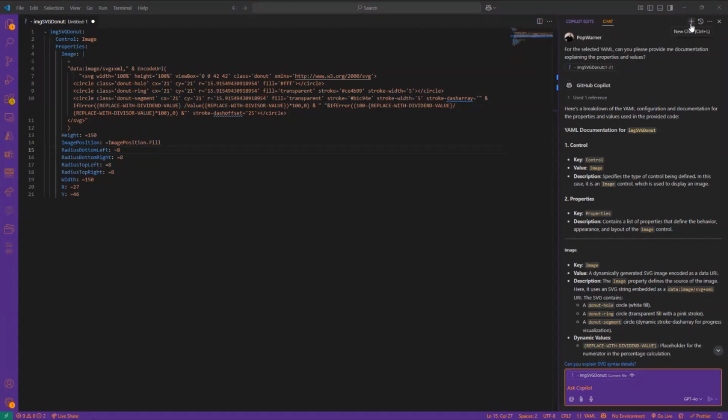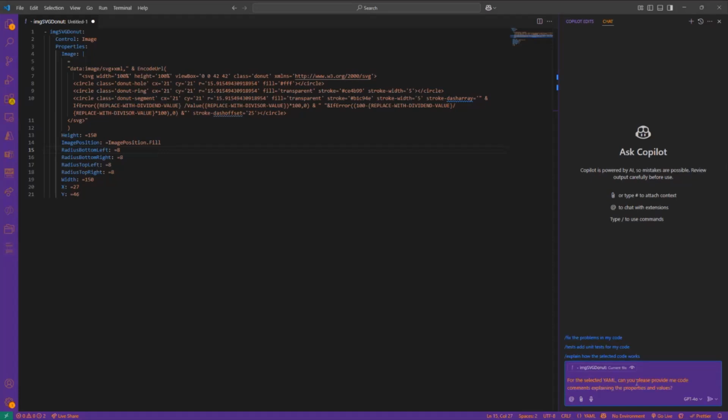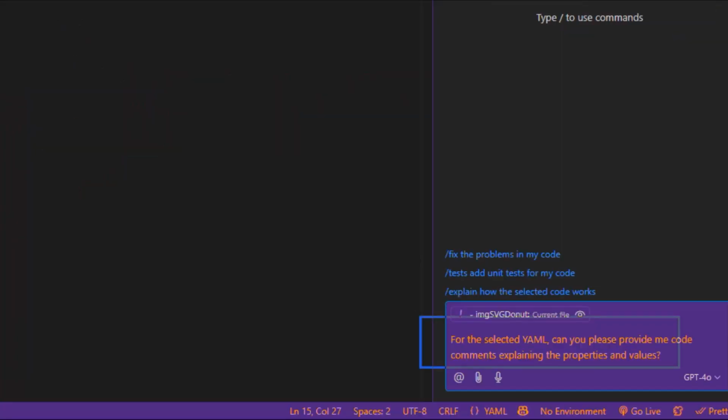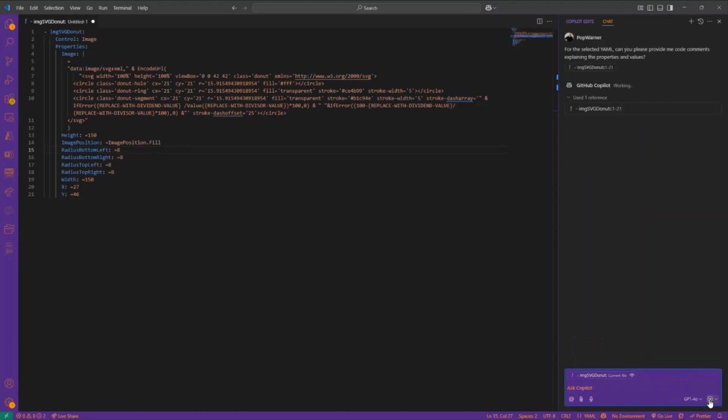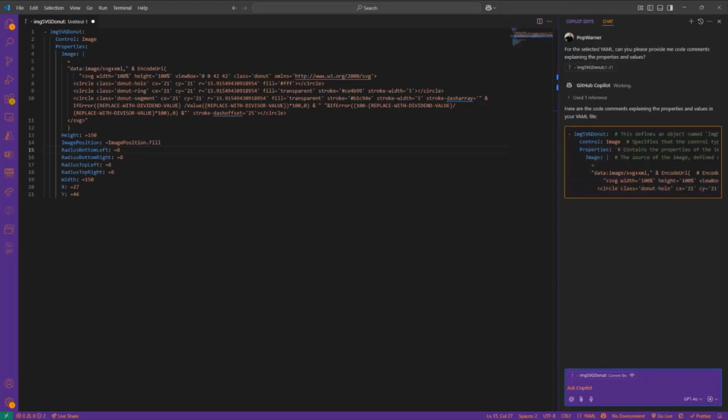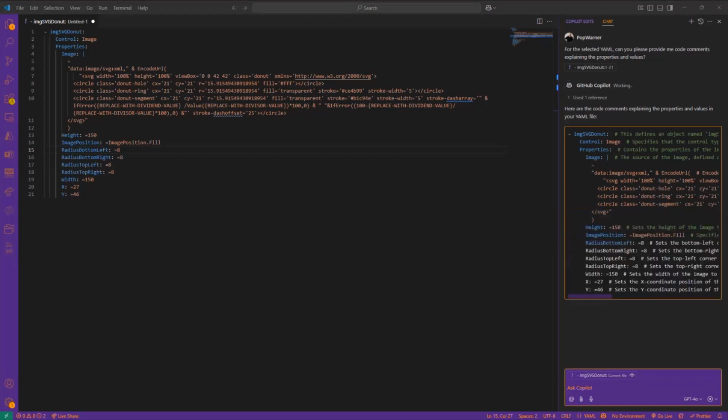But what if you did want comments? Well, I'll select new chat again, and I'll just paste it. I'm really kind of saying the same thing over and over. Can you please provide me code comments instead of documentation? When it does that, it's going to rewrite it, and it's going to do all of that inline. And you're like, well, that's great. Okay, well, but maybe I actually want it to be a chunk of comments at the beginning.